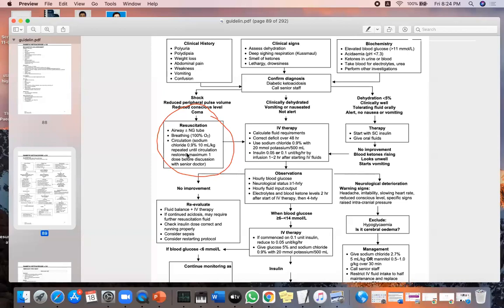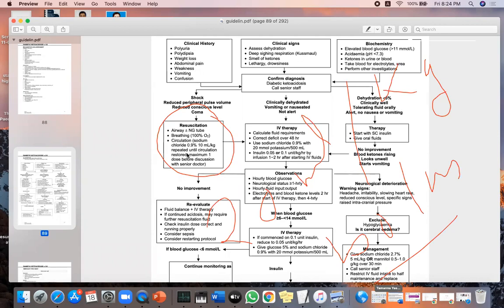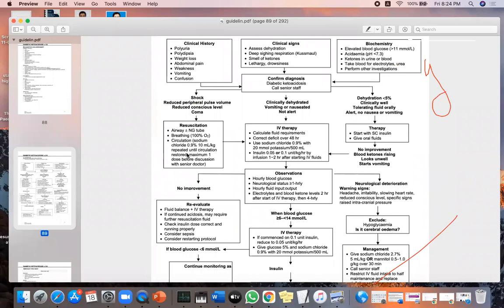But now you can omit this box. This is obsolete now. Discard. Now we will give a 20 ml per kg bolus, like normal shock. And how many times can you give? You can give 2 times. So after 2 times, if the patient is not improving, then